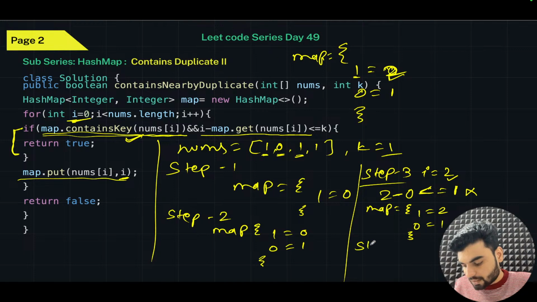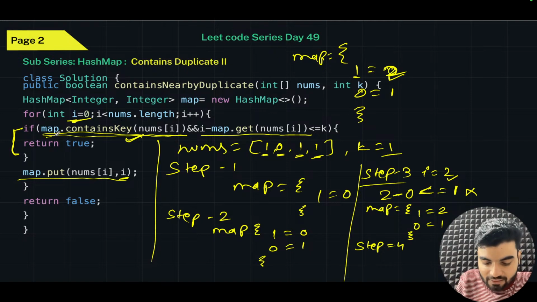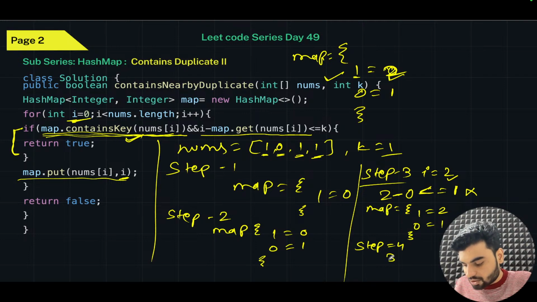Step number 4. What will happen? You will have the last element, that is 1 itself. You will come back again and check, does it contain the key? Is 1 available in the map? Yes, 1 is available in the map. Cool. So now check the difference. The value of i is 3. So 3 minus,